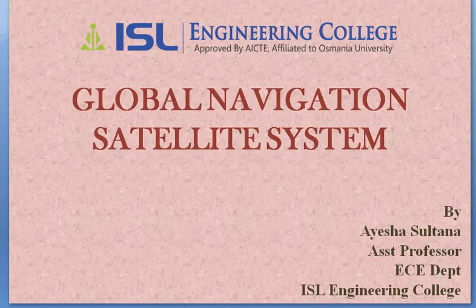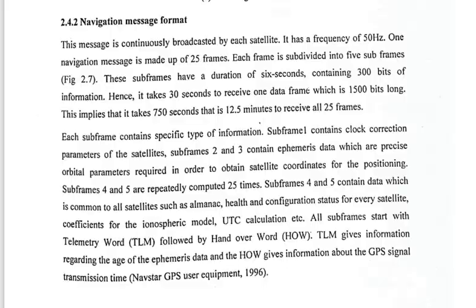So in yesterday's class, or in the previous class, we started our second unit, where we saw the GPS signal structure, how we are going to generate a GPS signal structure. I hope you have all watched that video properly, and you might have an idea what the GPS signal structure consists of. It has three basic components: first the carrier signal, then the navigation message, then the codes. I hope you all remember that.